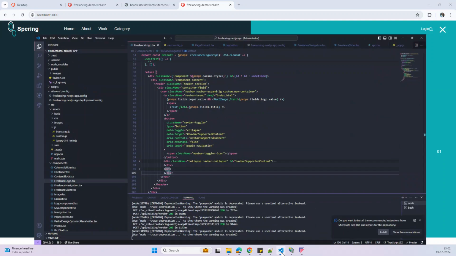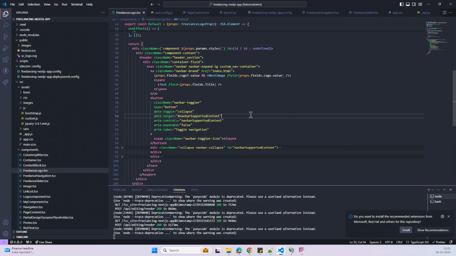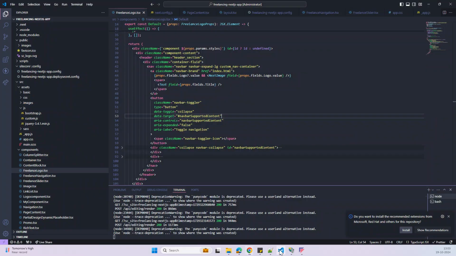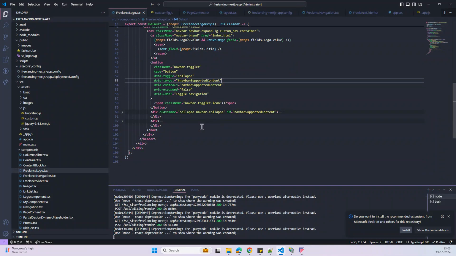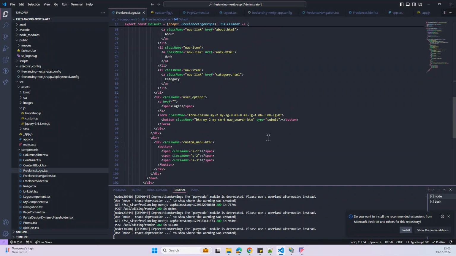In the last video, I just built this freelance logo component and added only the logo and image, and then I thought to create another component, freelance navigation, to build this remaining section. But unfortunately this logo and this navigation are tightly connected in the HTML section, and I tried to split them into two components, but I'm facing some issues. So I'd like to go with the same component, freelance logo. I just used the same file and added my static HTML here,